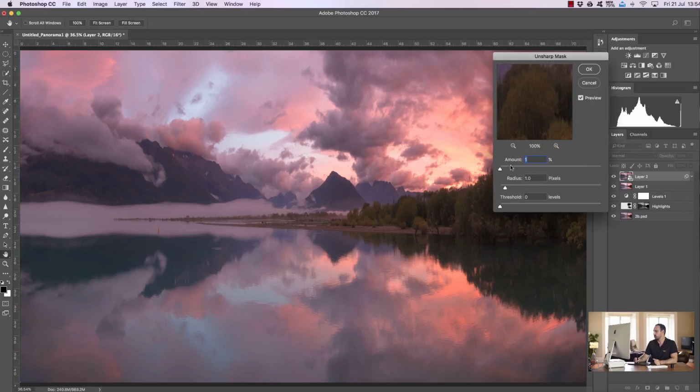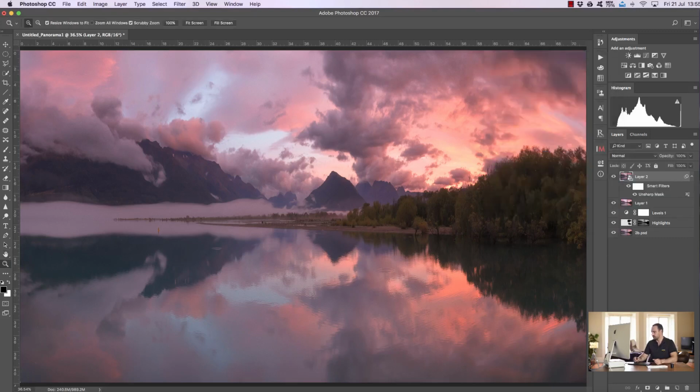And this is before, so we've got amount 1%. And if I bring it all the way up, let's say to around 500, you can see we've added a lot of local contrast and sharpened it quite a bit. Now the reason why it doesn't look too strong is because the radius is quite small. If we brought the radius up, you see it would be a little bit over exaggerated. So if I put the radius down to 1 and bring the amount up to, let's say 320, and press